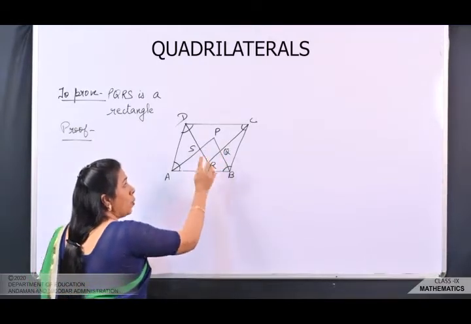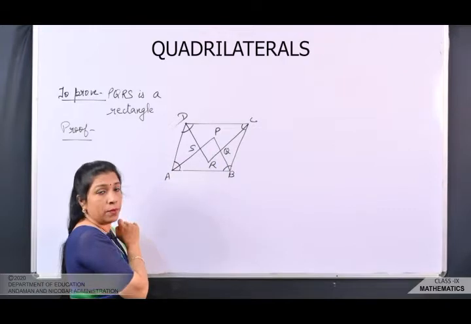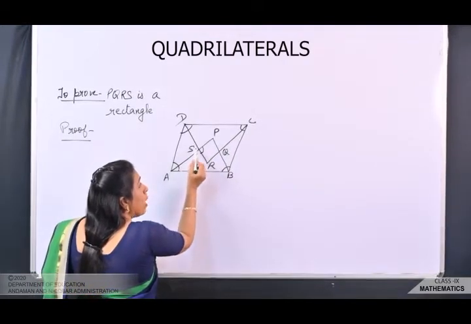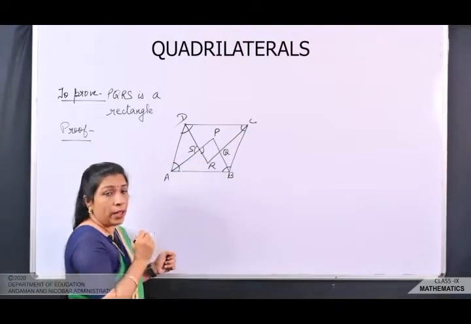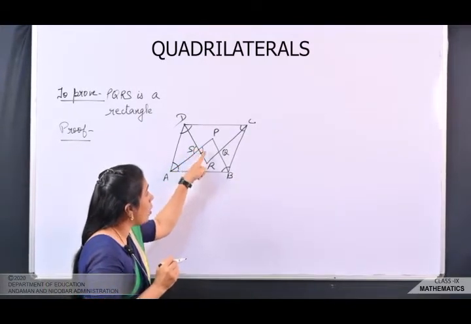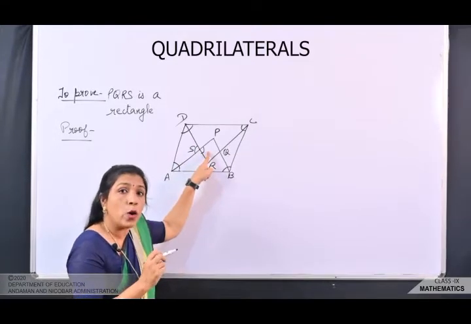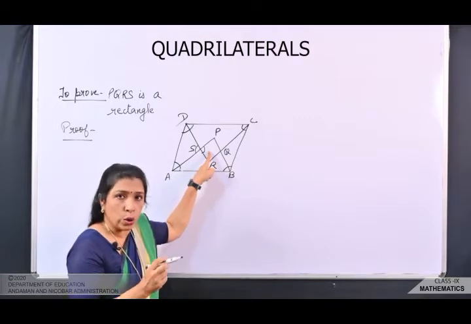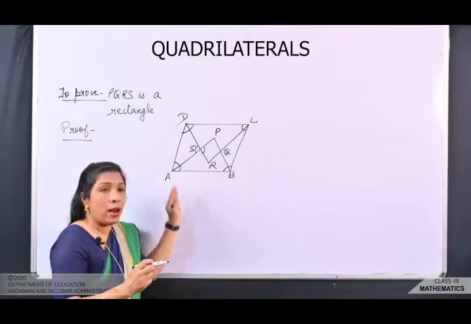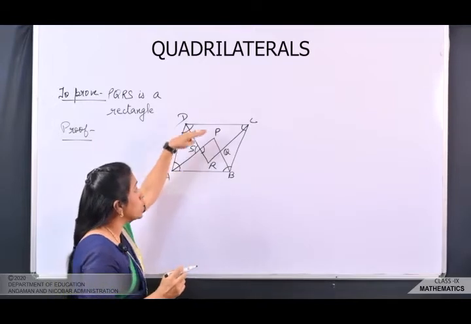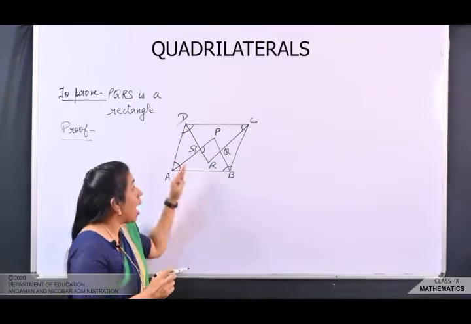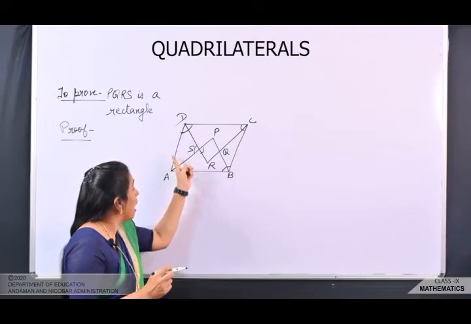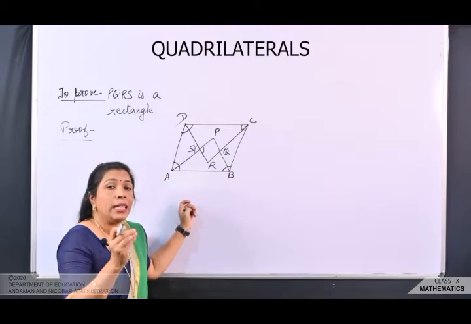Suppose I want a 90 degree over here. I'm going to find that this angle is 90 degree. If I get this angle as 90 degree, automatically this becomes 90 degree because they are forming vertically opposite angles. Now we know that it is a parallelogram. So in the parallelogram, these two sides are parallel to each other and this is your transversal. And so we can use this angle and this angle as co-interior angles.